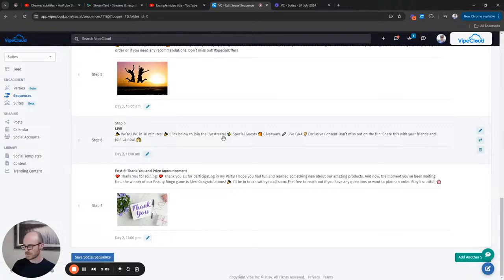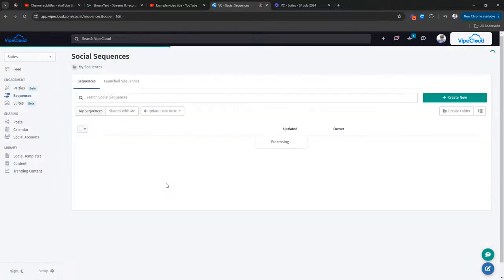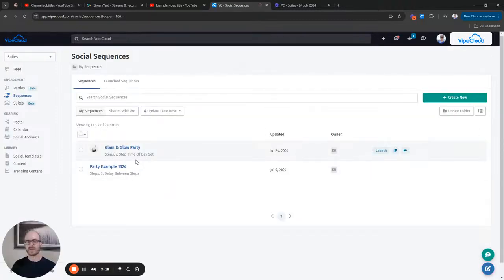And I think a good way to go about getting those links in there is just as long as you make sure you remember to always put it in there so that it's not a post without the link. You can just add it at the time of scheduling the party. So as an example, we got this. We're going to hit launch,